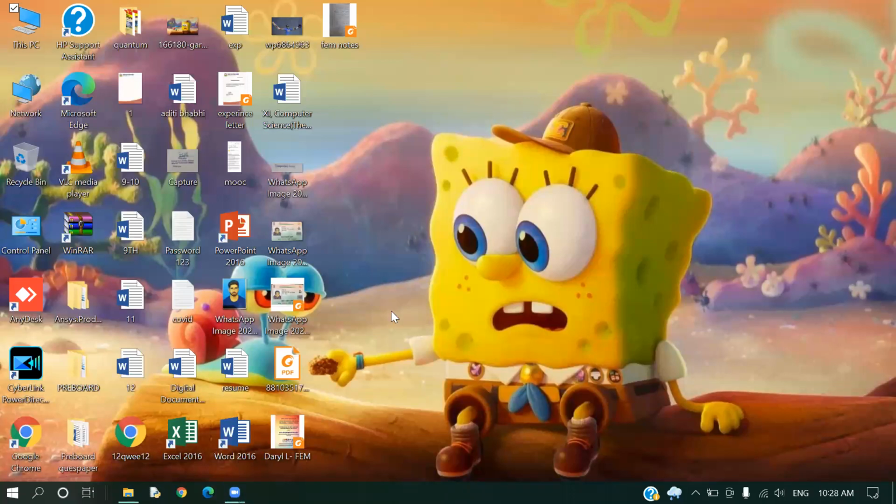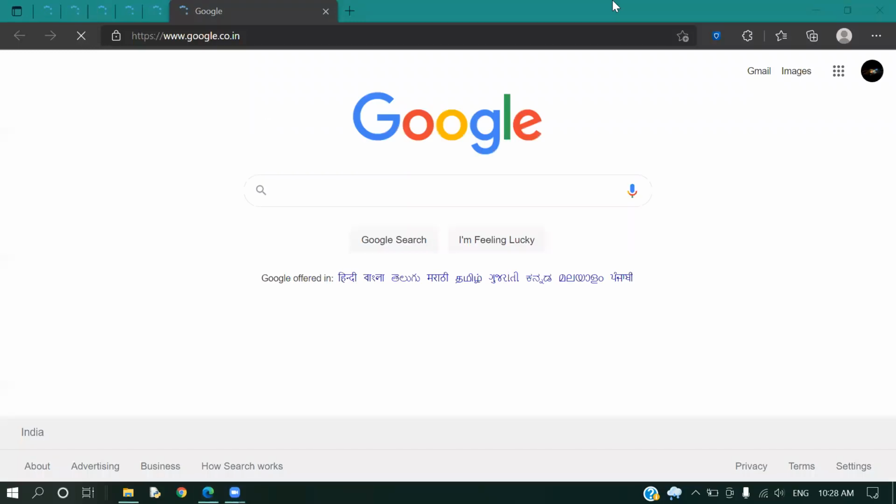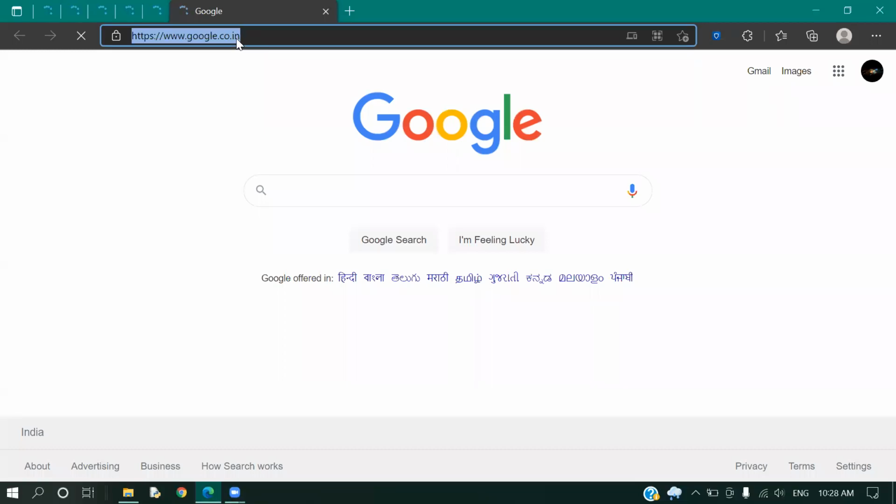For that, you need a web browser. So I'm having two web browsers with me, and I'm going to open Microsoft Edge here. Okay, you can open any browser like Google Chrome or Mozilla Firefox or your Edge, whatever you feel like. This is completely your choice. So I'm going to open my web browser right now, and it is opening. Now what you will do, you will just write down your query, create Gmail account.